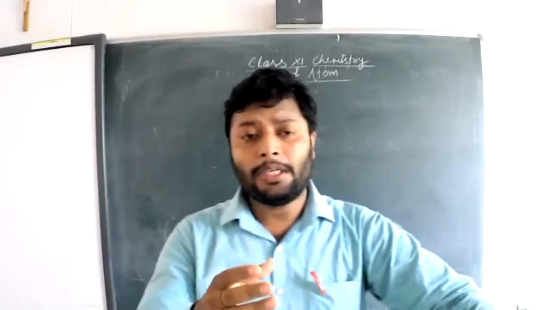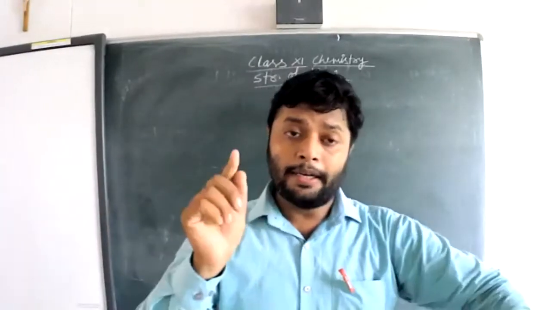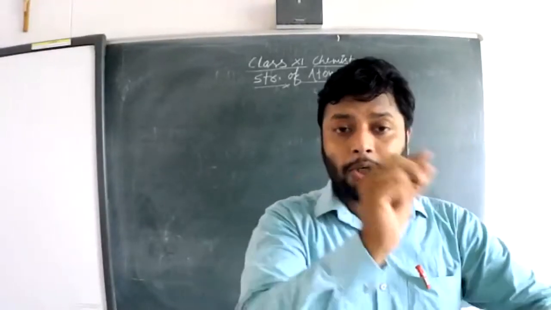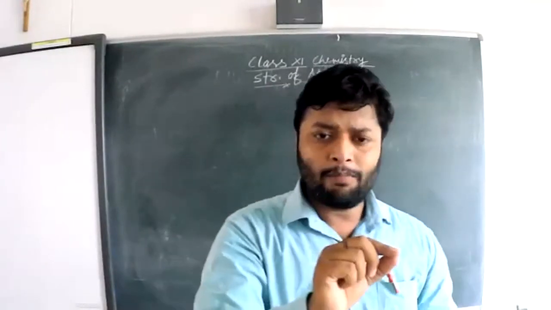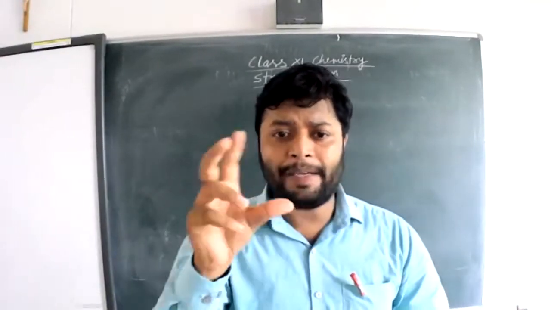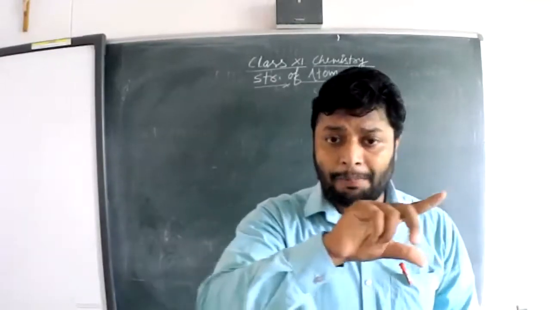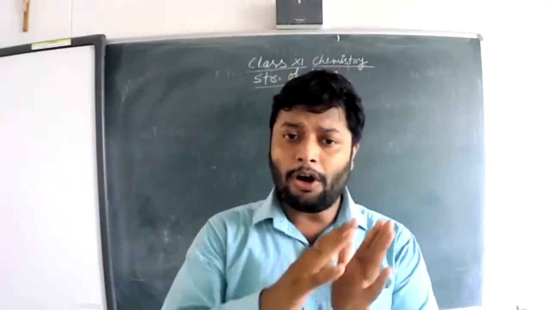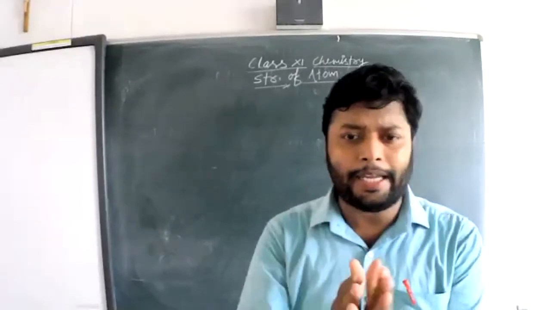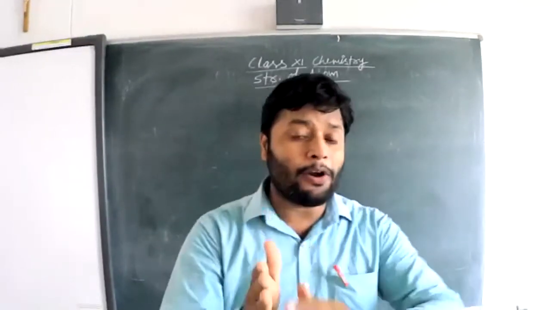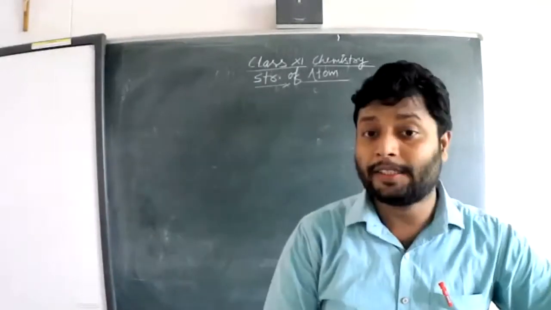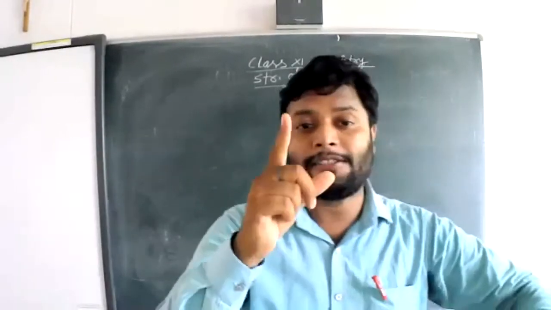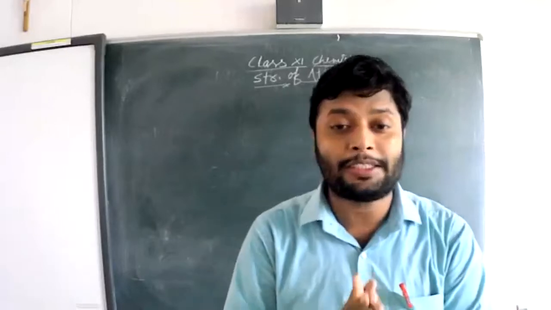We have to learn about electronic configuration and related concepts: how we can write the electrons in different orbits and orbitals, how we decide the magnetic and electrical behavior, how they participate in reactions, and the structure of orbitals. All these basic concepts belong to the chapter called structure of atom. We will start the chapter from discovery, but that will be the next lecture. Let's discuss what we are going to discuss today.